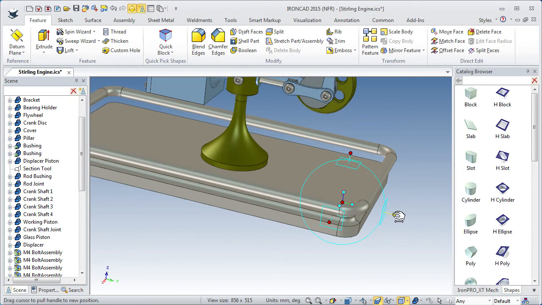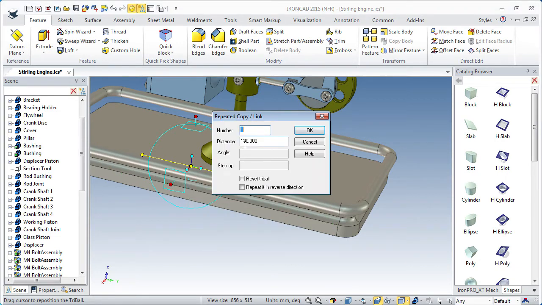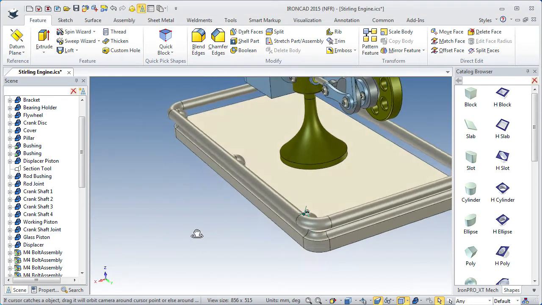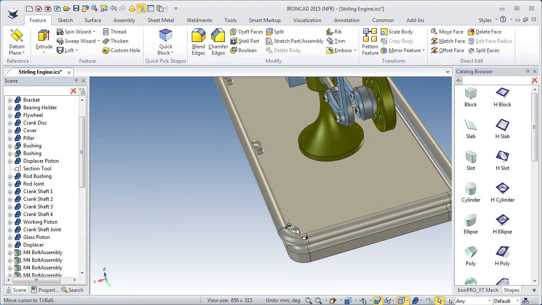Then I select this axis and right drag the center handle and move the cursor along this edge until I reach the snap point here. Then I let go of the right mouse button, and I will copy. So I copy, I use 2 and click OK, then turn off the tribal. So now we have 3 supports on this side. So while this one is selected, I will shift select the other 2,